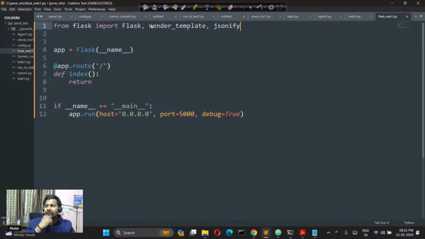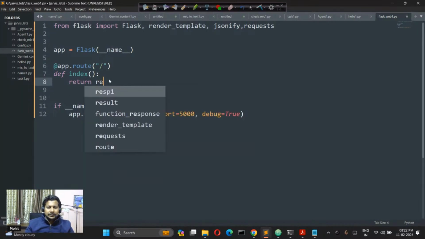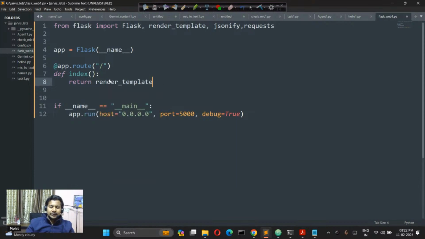And request also, because we are using request for JSON. So now we are using render_template, jsonify, and request. Okay. And return over here render_template. Now I want to use